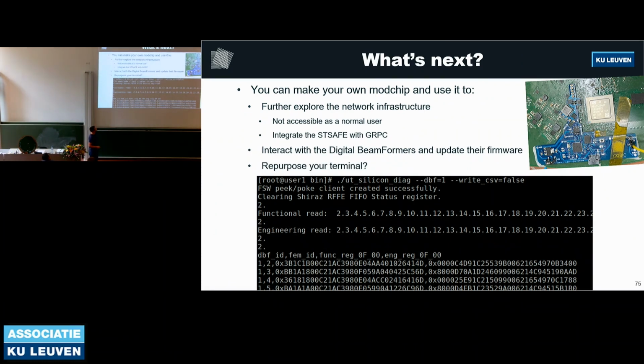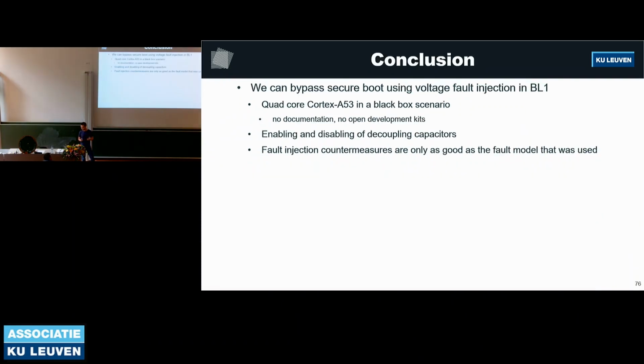So what's next? People can build this mod chip, like I said. This is a picture of someone else who built this mod chip and then tried attacking their own terminal. There's many things you can do. I think looking at the networking infrastructure is very interesting, but it's not really my expertise, so I leave that to the other researchers. So to conclude this part, what we've shown here is that we can bypass secure boot